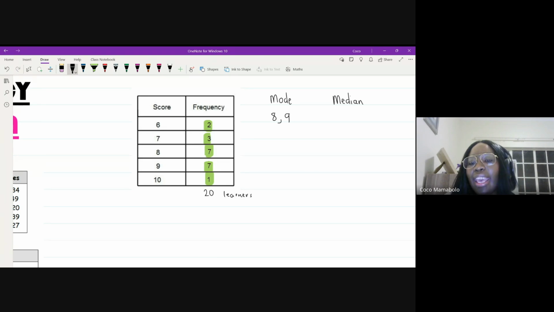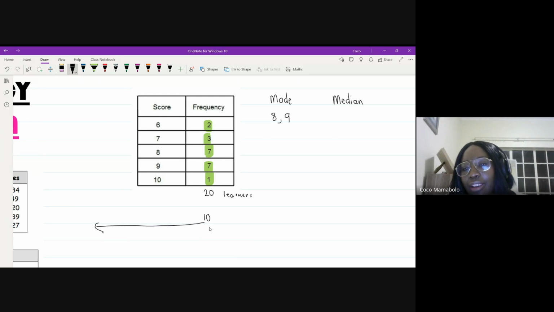So if we had to split the 20 learners in half, which kid would split this data exactly in half? I'll give you a hint. There are 2 kids. Where would these 2 kids be sitting? In which 2 positions? Position number what and position number what? Yeah, what is the middle? That's it, Khulani, correct. So the person in position number 10 would split the data in half going in that direction,